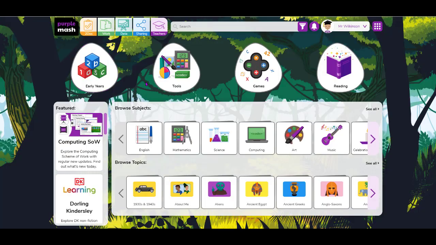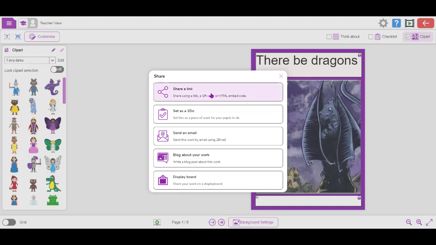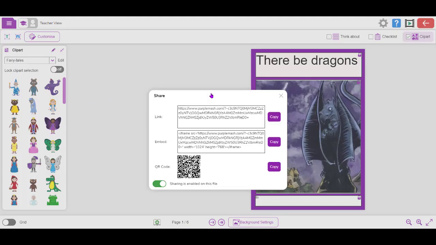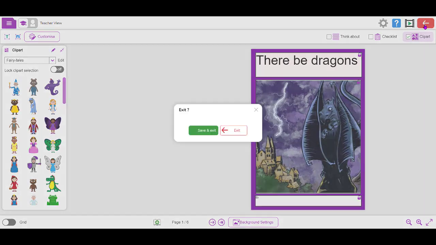Now I said we'd look finally at how you could publish your books. I can have a link, so I click on here, that's a link straight through to this piece of work. I can embed it, say into a web page, and I can have a QR code for this piece of work, so when you scanned it, it would go straight to the book. So I have that option for every individual piece of work. But what I can also do